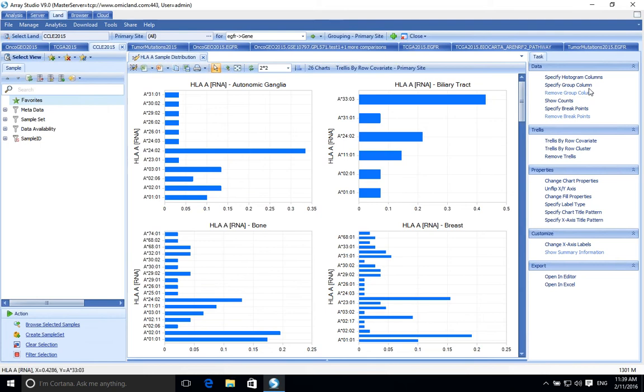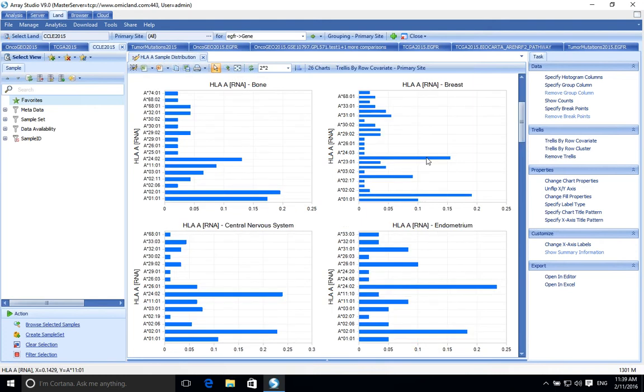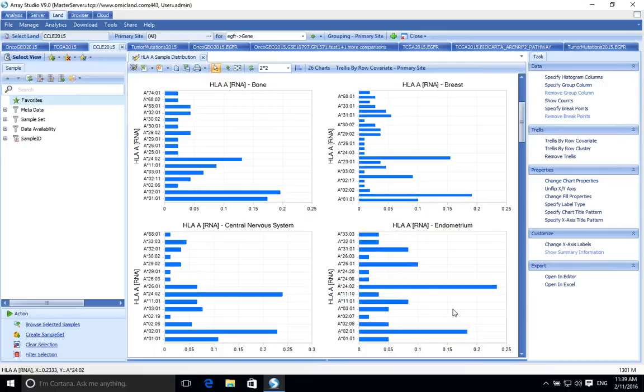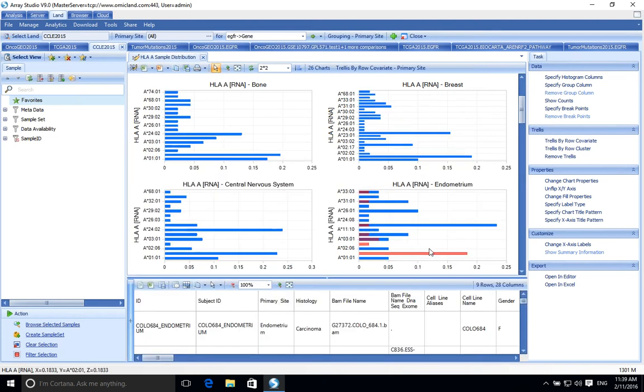You can obviously customize this, but it gives you, for each tissue type, the different HLA types there are for that tissue type. So if you wanted to see for breast cancer what tissues have A*02:01 as their type, then you would see,